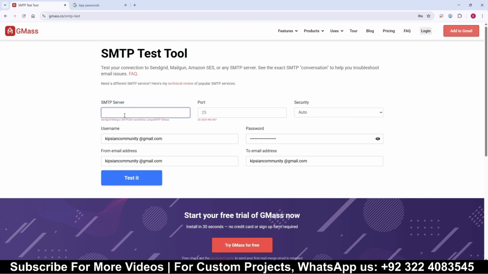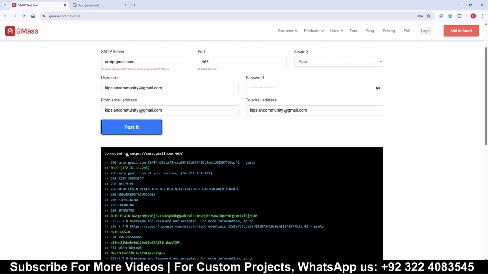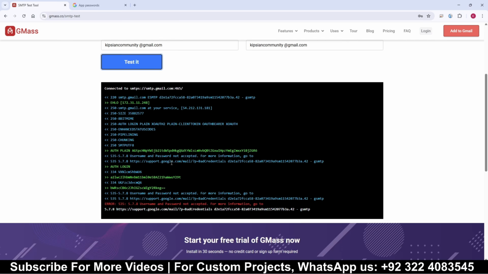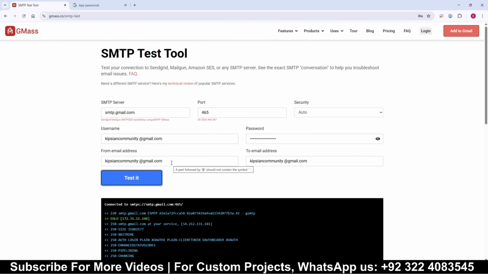And what is our SMTP server? For Gmail, we use smtp.gmail.com, the port we will use here is 465, and for security we select auto, and click on Test It. When I click on Test It, now you can see our SMTP is working successfully, and it means we can use these credentials in our PHP or MySQL related project settings. So this is the way you can set up your SMTP credentials in our PHP or MySQL related projects to enable the features of